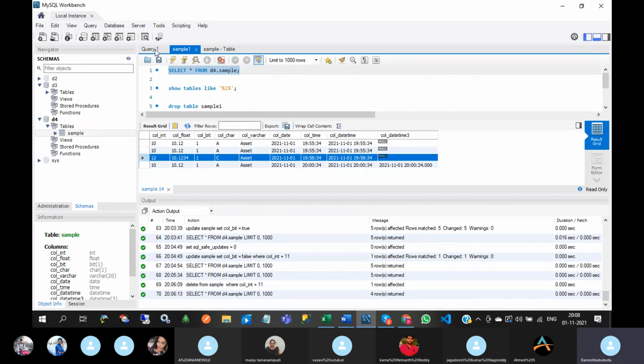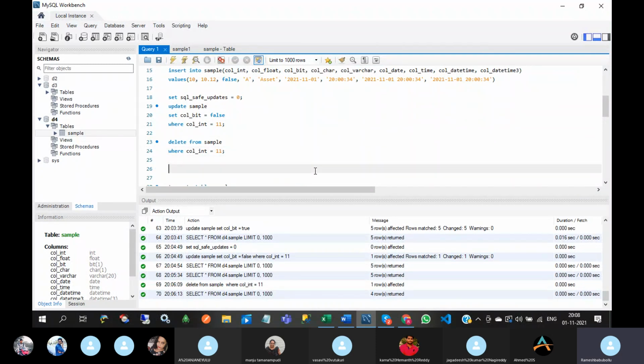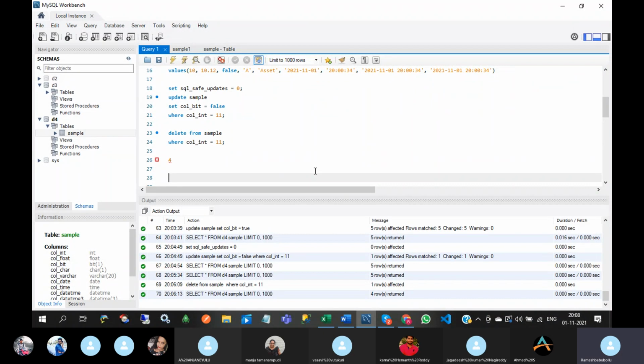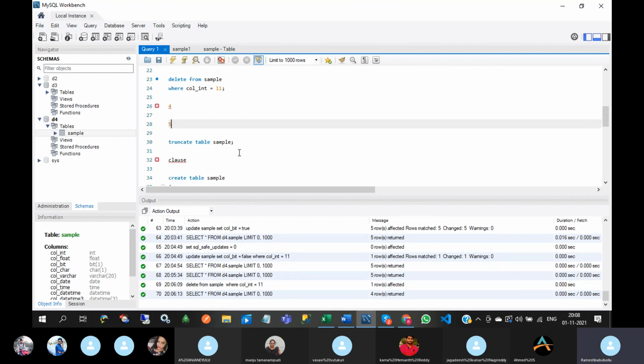If you use the delete command, then if you insert another record after deleting the entire records, that serial number starts with 5. If you use the truncate command to delete the records, after using the truncate command, if you insert one record, at that time the serial number starts with 1. So this is another difference between delete and truncate.